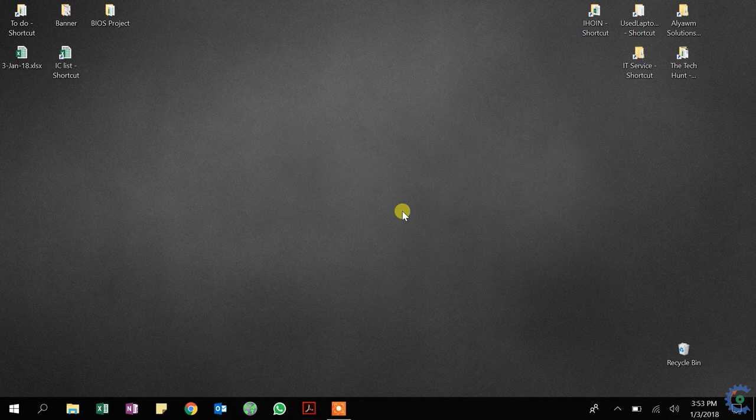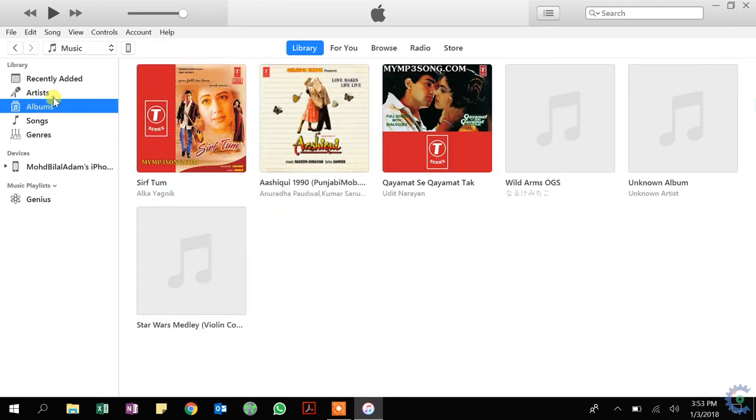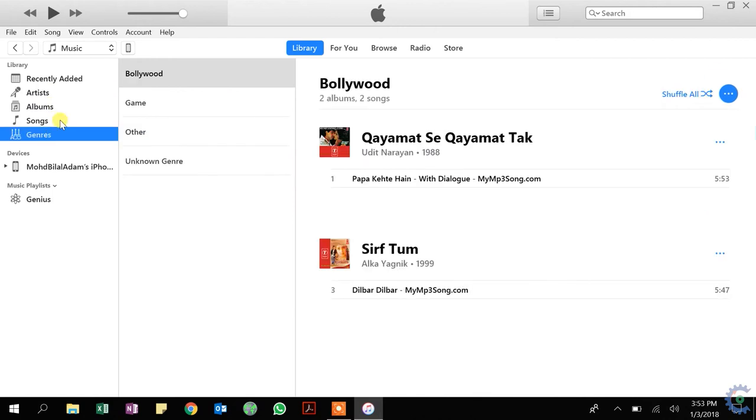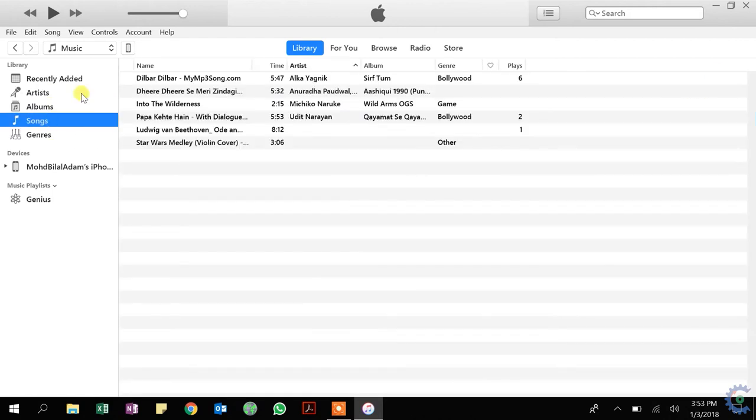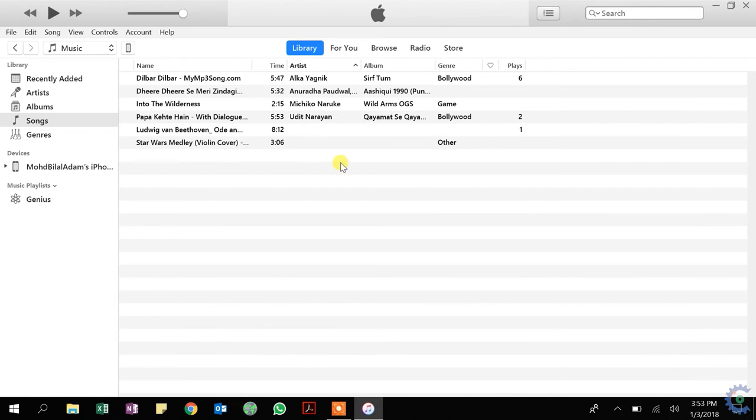So I just open iTunes. Now this is the iTunes library. This is what you have: songs wise, album wise, artist wise, genre wise, right? And then this is your phone. Now this phone has your data, like your backup and everything. What we'll do is, right, we will first